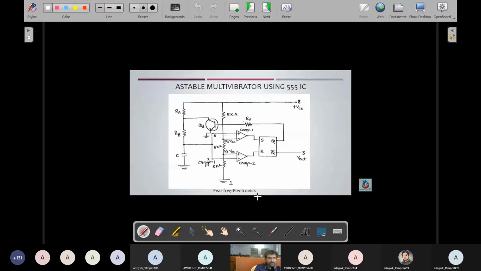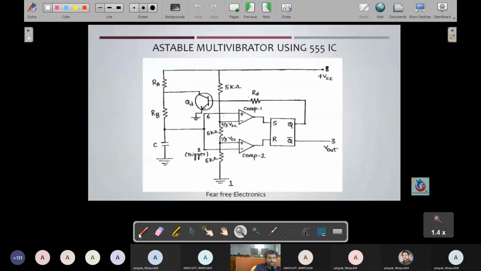So this is the positive voltage. See, this positive voltage is applied to the capacitor we used in the circuit. The capacitor is charging through resistors RA and RB. Why? Because the positive VCC is connected to the capacitor through resistors RA and RB. The capacitor takes the power supply through pin 8 and charges through these two resistors. Since they are a series combination, you can simply write RA plus RB.